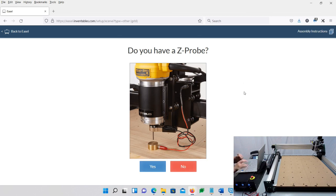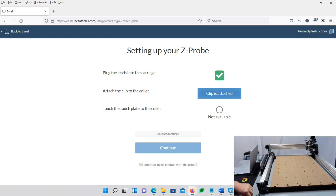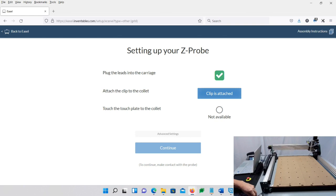So the next one is, do we have a Z probe? The answer is yes. And I'm going to show you something important to do here first. So we're going to say, yes, we do. And we're going to say, so what it wants us to do, how this works is,